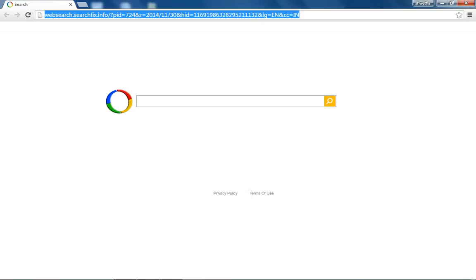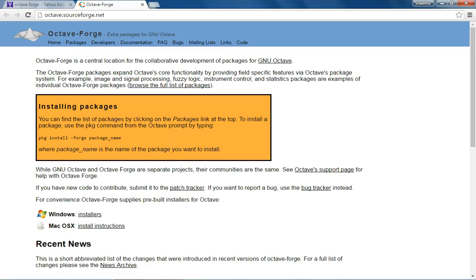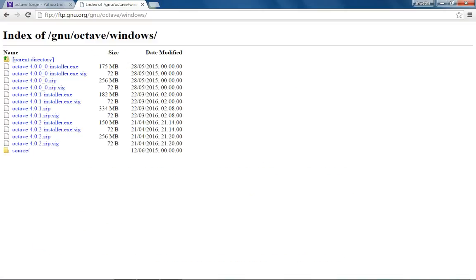and search for Octave Forge. Open the Octave Forge link, where you can see the full list of packages that you need to install, and there is a link to install on Windows, so click on that. You can see the list of zip files that you need to download. Here you select the largest zip file that you can see and download it,